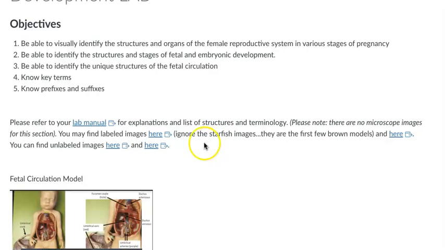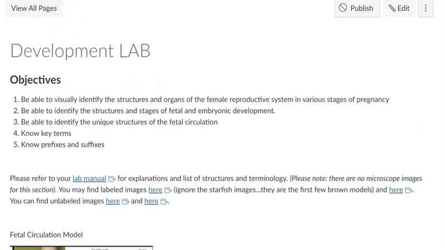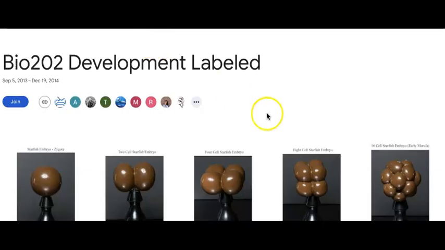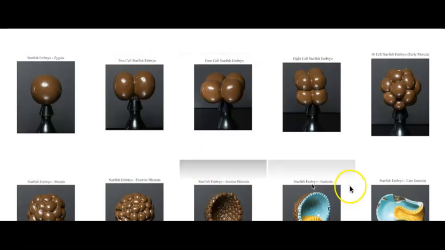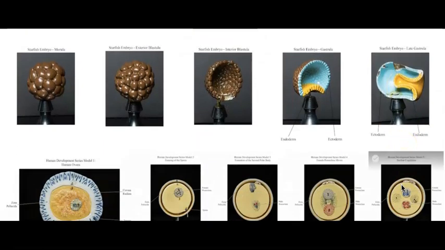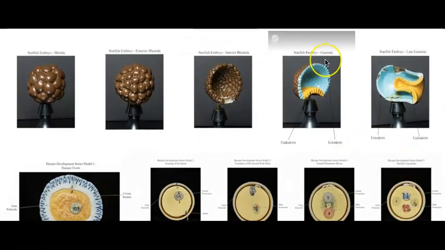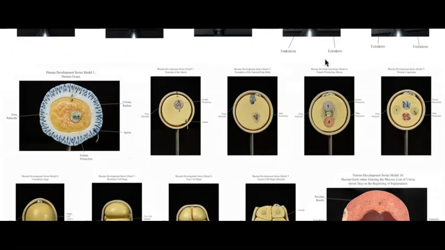You'll notice my note, ignore the starfish images. And so if you click on that, where it'll take you is right here. Those are the starfish ones, I'm telling you, just ignore these. Anything that says starfish on them, you are not a starfish. Do not care. Where you will start is here in the Human Development Series model, and you'll see these are